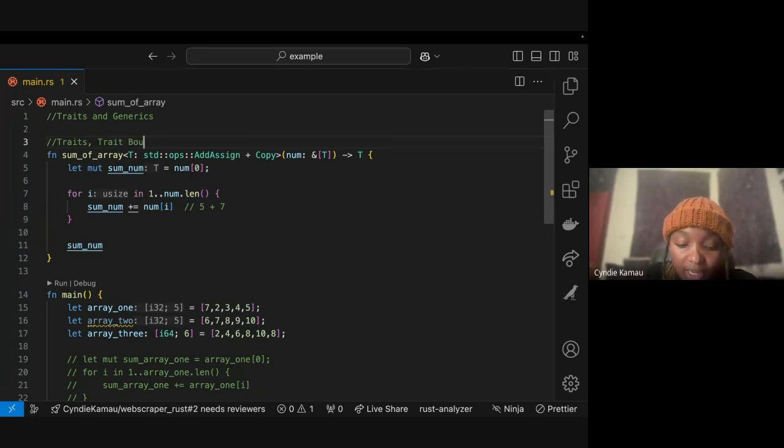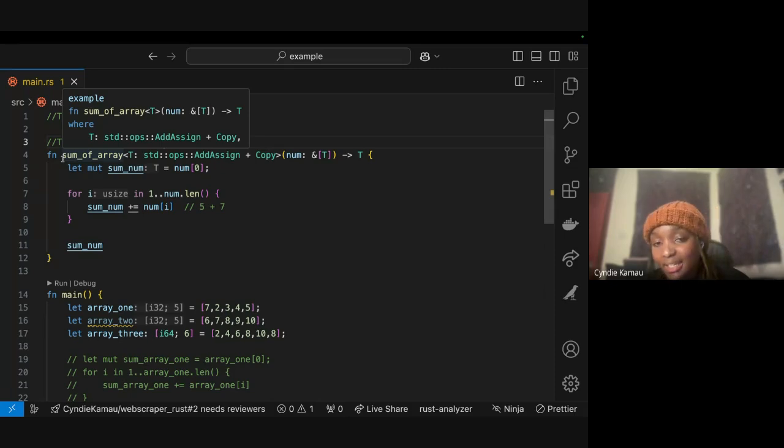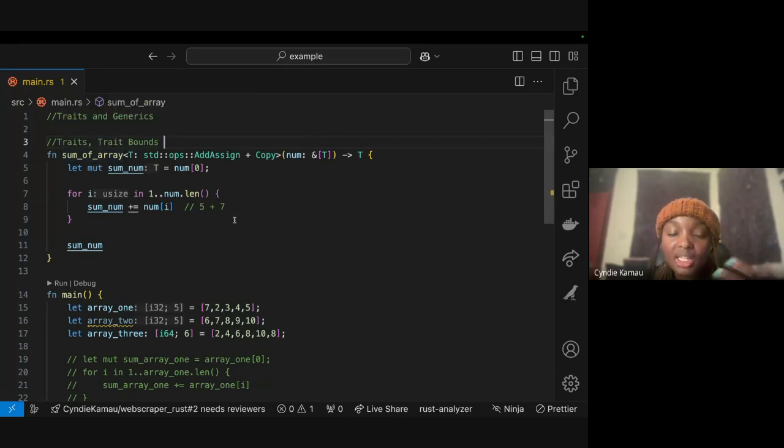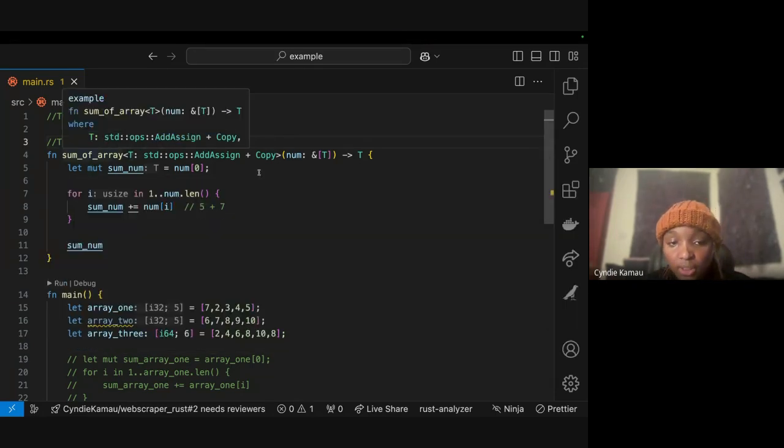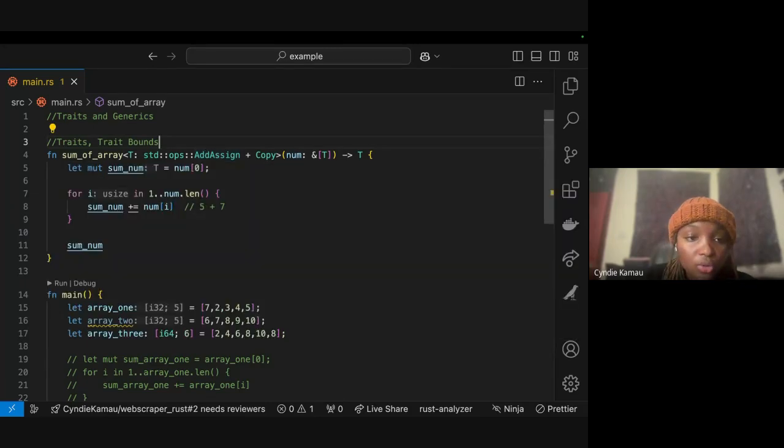These trait bounds are the restrictions which you put. So yes, this sum of arrays is generic, it can be used anywhere, but we're putting specific rules which need to be applied so that this function can work. So this is one way of writing it, right? So you can put it here, or if you want to, you can also put it another way. Okay, let me just copy this.